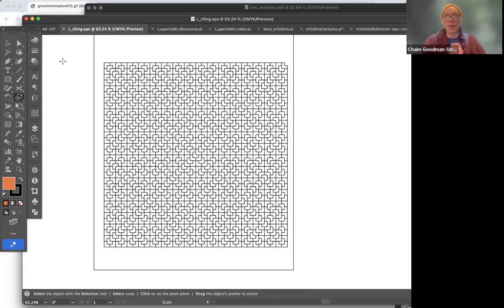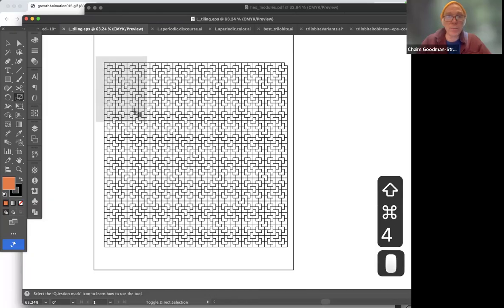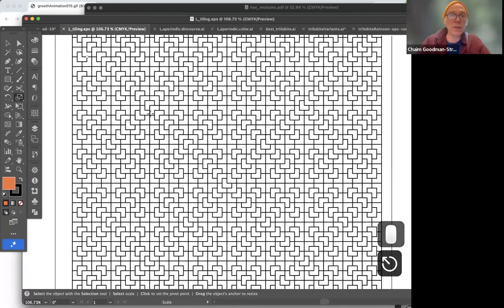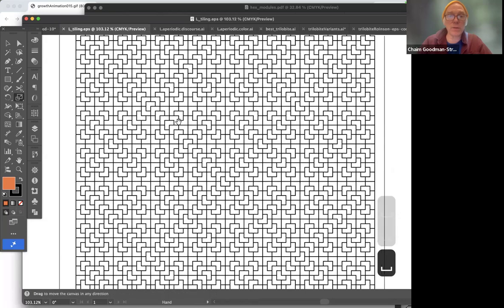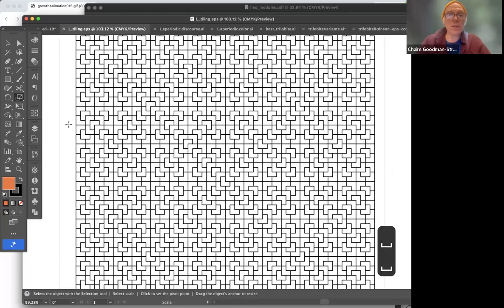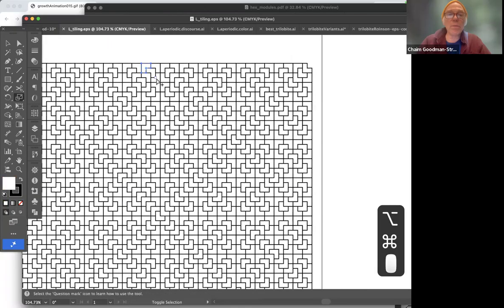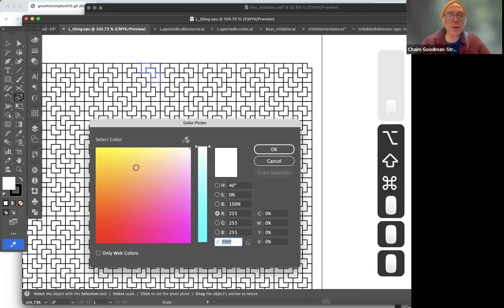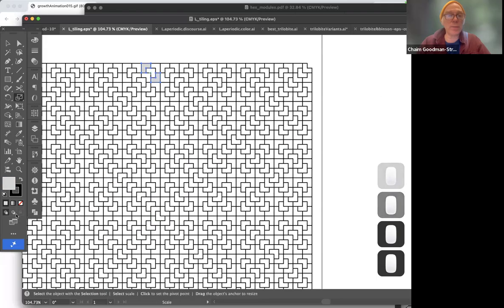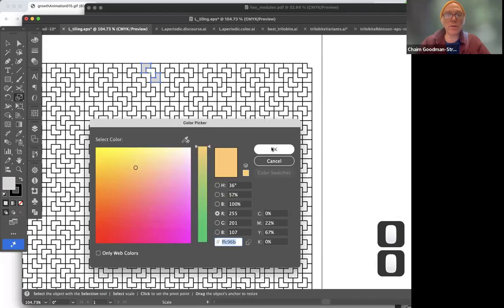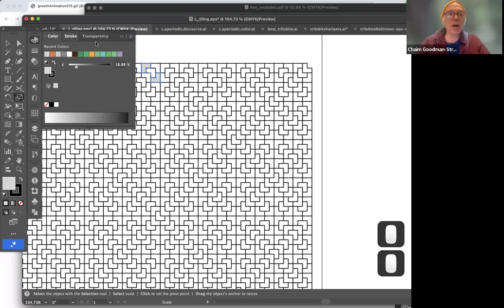So let me get the mouse out of the way. If you do take a screenshot, and you are able to paint in regions, either in Photoshop or a program like Procreate or something of that sort, then you can see this, or you can print this out and do this by hand. But just experimenting, basically as a kid would experiment, and just coloring things in